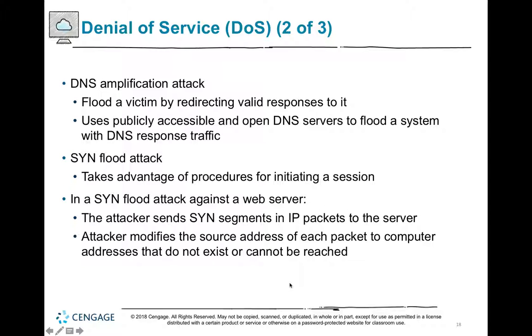DNS amplification attacks, on the other hand, are able to be used by actual attackers, and I've responded to a DNS amplification attack before. And what your book describes as an amplification attack is actually a reflection attack, but not to nitpick. But so an amplification attack, an example would be